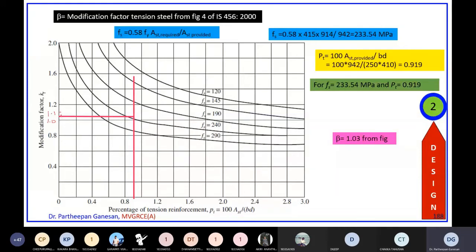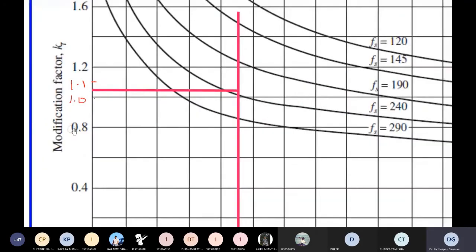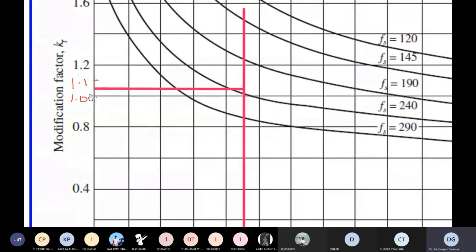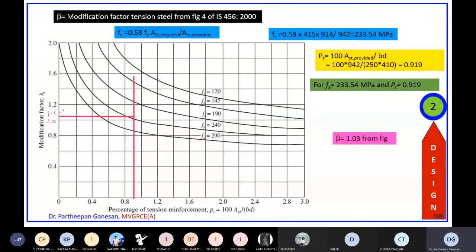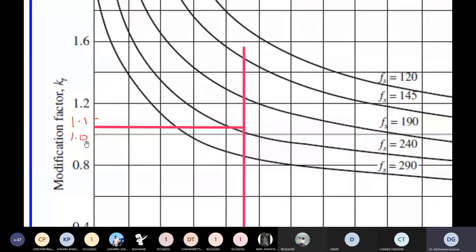So my value is almost 1/3 or 1/4, like I can take either 1.03 or 1.04. Okay, if you zoom this one, see here, this is my 1. Oh, sorry, if I touch this, it is changing. This is 1, this is 1.2, so the middle will be 1.1. So between 1.1 and 1, it is below 1.05. So you can take 1.04 or 1.03. Like that only you have to check.